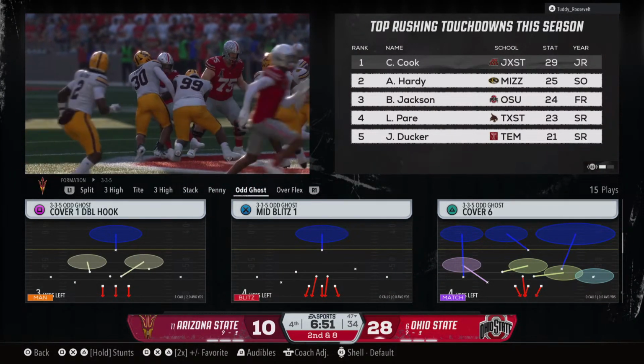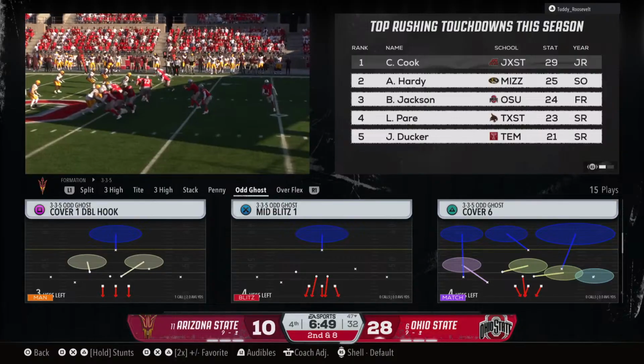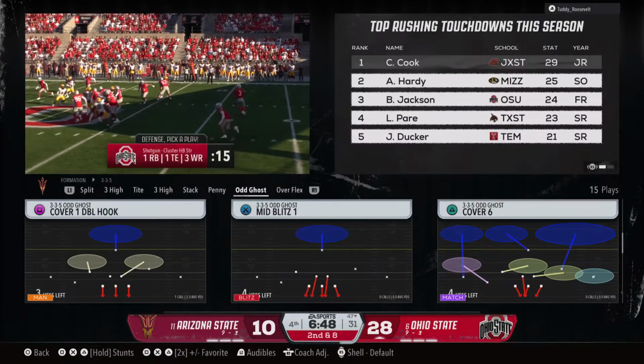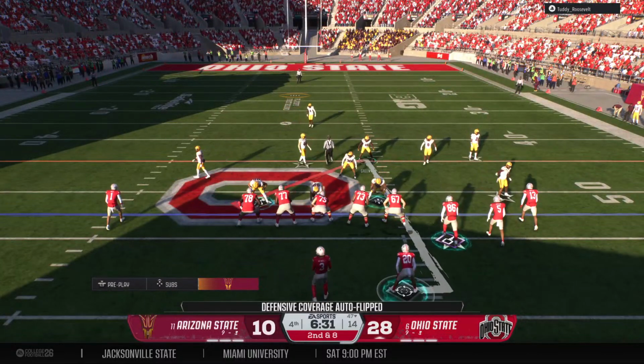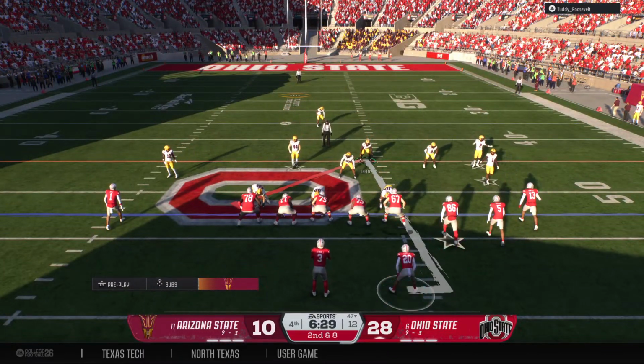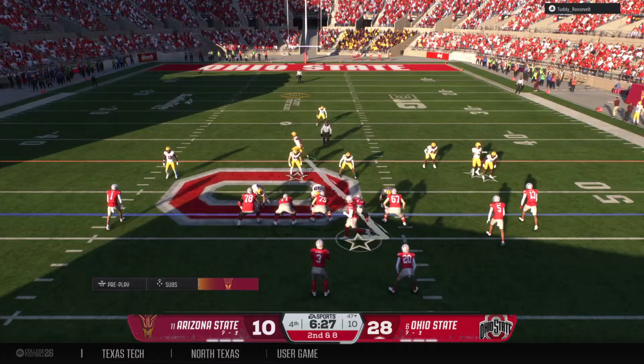Hey, it's a great job of this defense containing the running game. But if I'm calling the plays, I'm not abandoning the running game just yet. I think it's important to have some sense of balance. So throwing and running is essential. Stick with it. Motion now from the tight end.